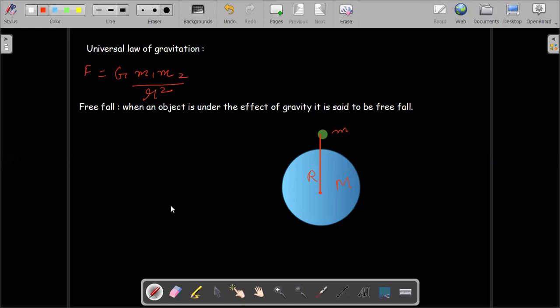Okay. So the gravitational force is acting between which two bodies? Between M and m, between this mass and the earth. Right? And suppose we are throwing this to a certain height h,